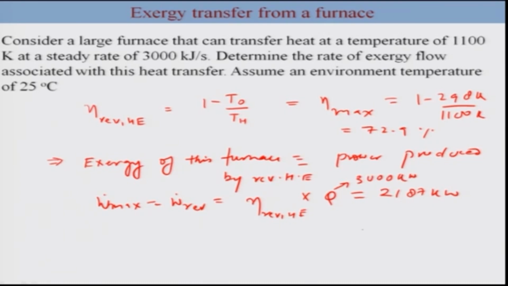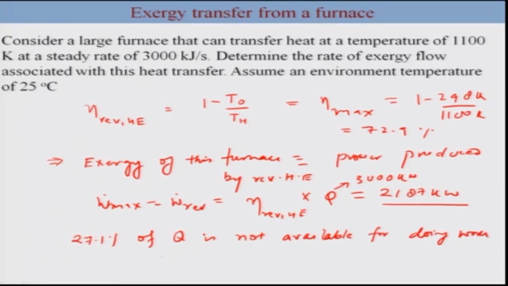So this particular maximum work is basically the amount of work that a reversible heat engine operating between the furnace and the environment can produce. So in other words, the remaining 27.1% of Q is actually not available for doing any work. So this would become unavailable